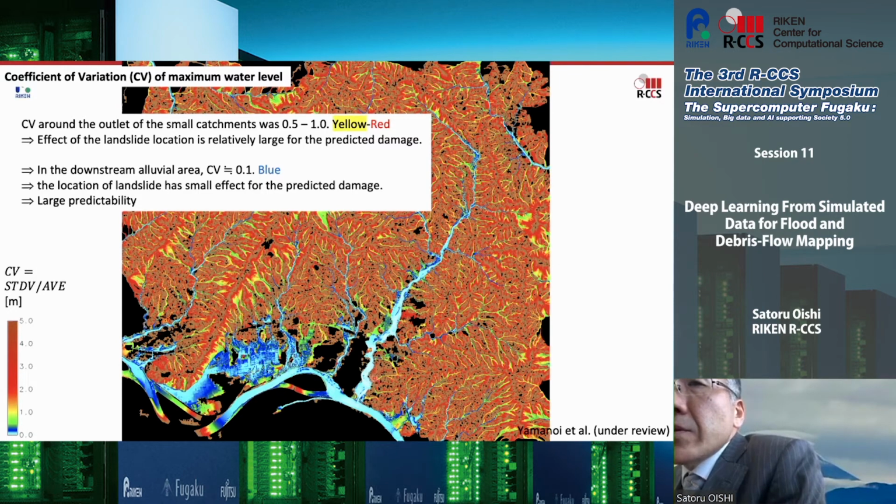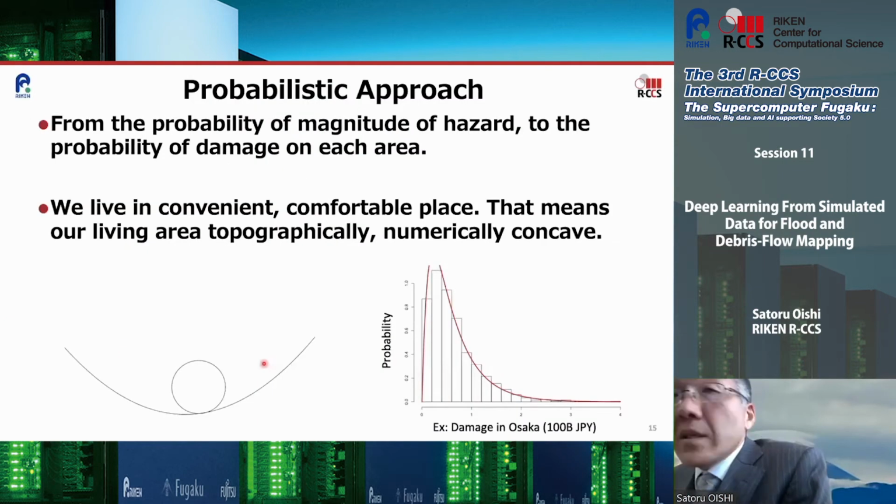the coefficient of variation is 0.1. It shows blue, like here or this area. So the location of landslide has a small effect for the predicted damage. So it means that if we do not know the exact location of the landslide failure in the mountain, we can predict the damage in the town because our society